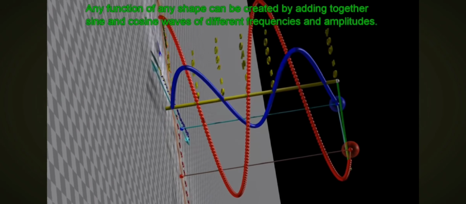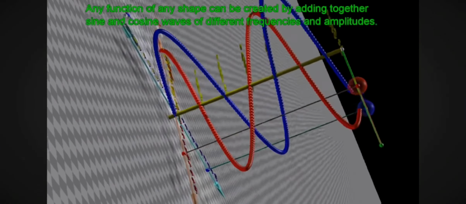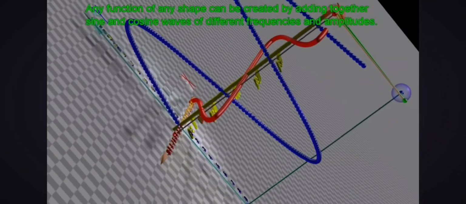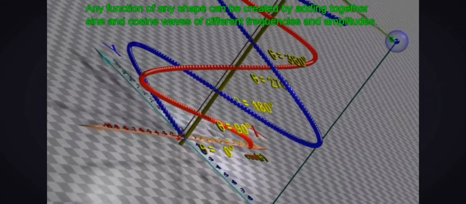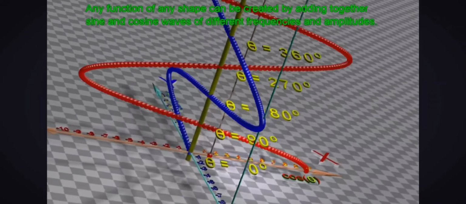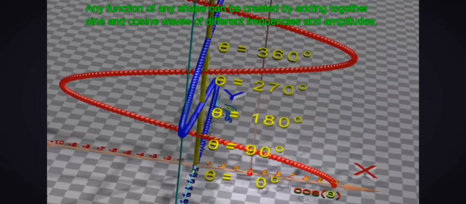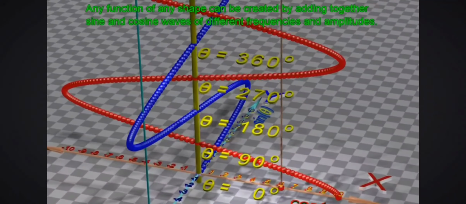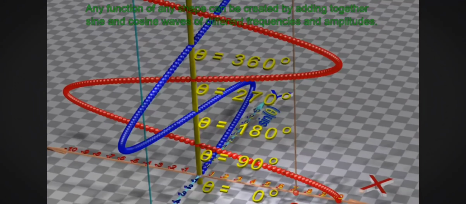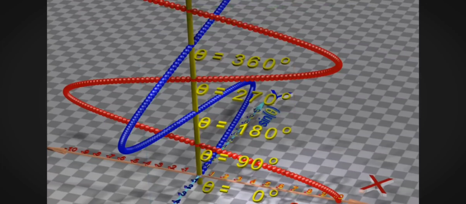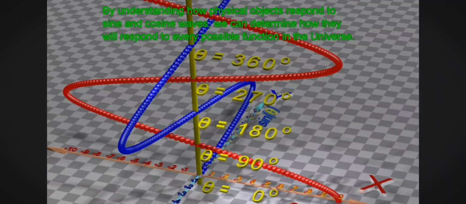Any function of any shape can be created by adding together sine and cosine waves of different frequencies and amplitudes. By understanding how physical objects respond to sine and cosine waves, we can determine how they